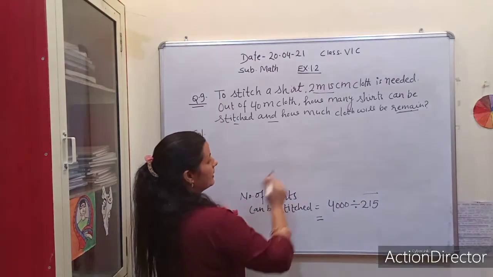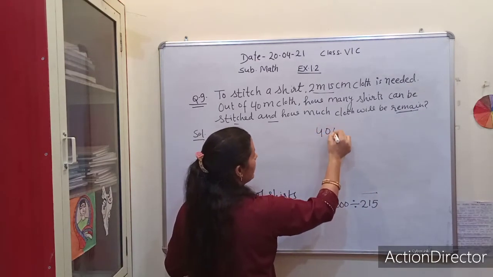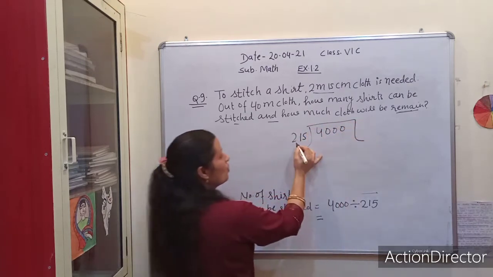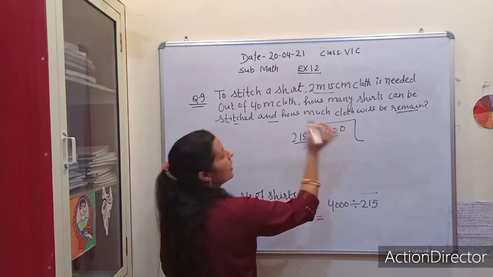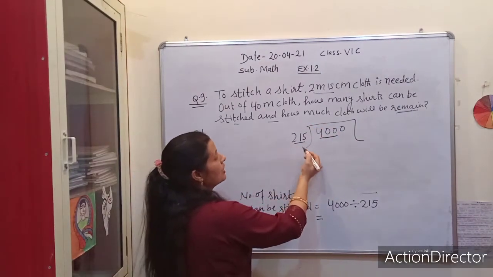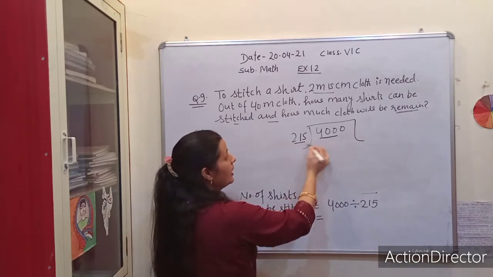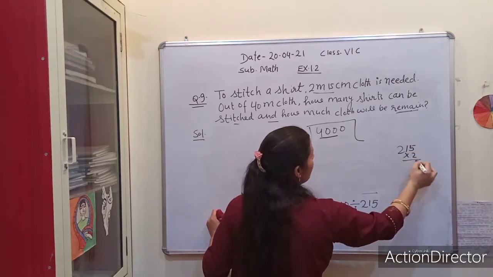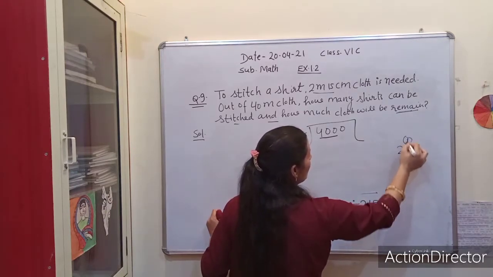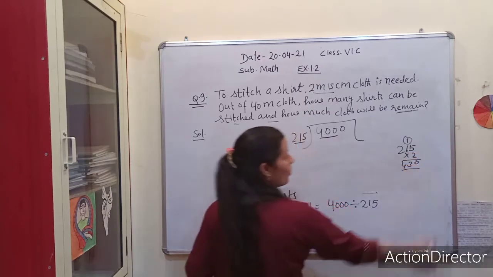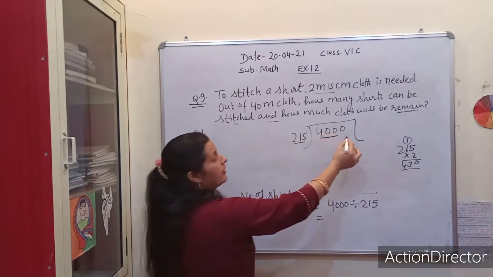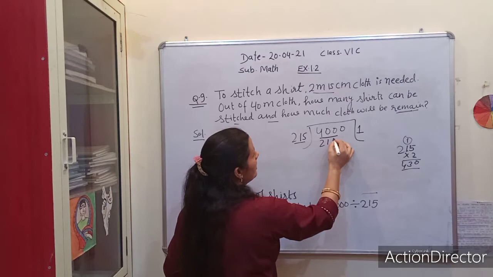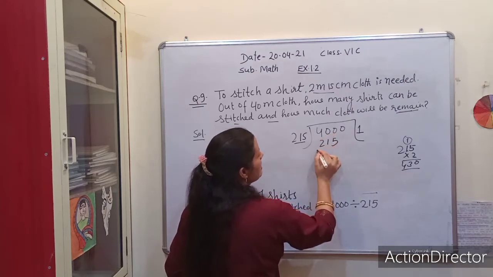So we will divide here. Now I am writing here 4000 divided by 215. Okay, 215, here we will choose 400. So how many times will 215 divide into 400? 2 2s are 4. Now we will multiply by 2. 2 5s are 10. Carry forward, 2 1s are 2 and 1, 3. 2 2s are 4. Oh, 430 is greater than 400. Then we will divide it once only. So 215. Okay, now we will subtract it.